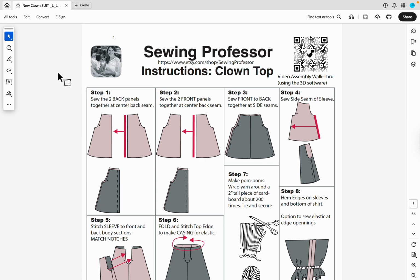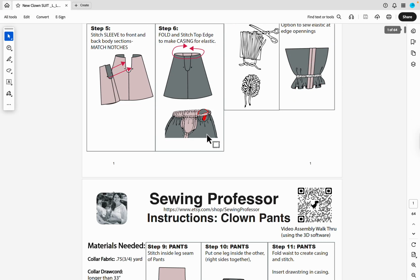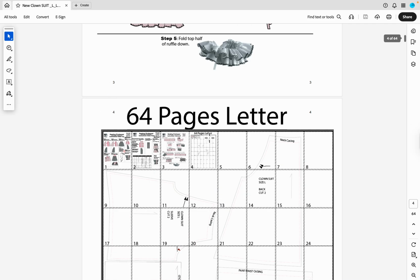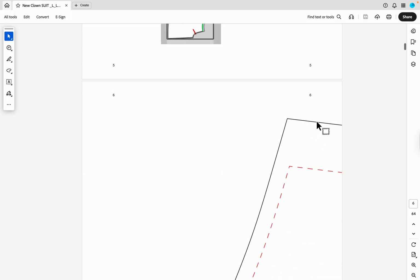To print out all of my patterns, you want to get Adobe Acrobat Reader. It's a free software, but Acrobat is the best to print it out correctly. Also, I'm going to go ahead and scroll down. You'll notice on my patterns, the lines, the pattern pieces, they actually go all the way to the edge of